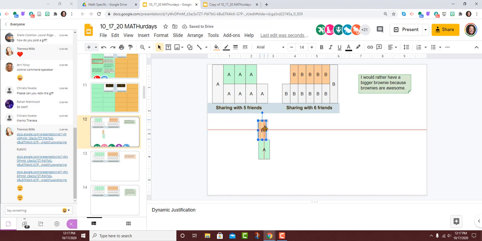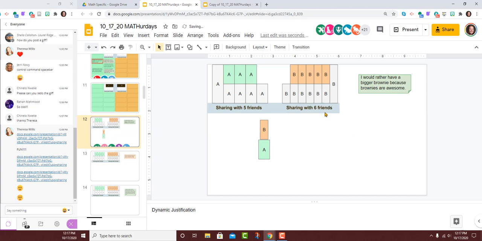Yes. And would you eat all of the A brownie? I don't know. I guess it depends on how big it is. Fair enough. All right, we're going to kind of continue this model and think about it as we look at the next couple. Feel free to put in a smiley face if you agree. You can put the ooh face if you're thinking of changing your mind. If you aren't sure or disagree, there's even like a little thinking face you could choose to use.